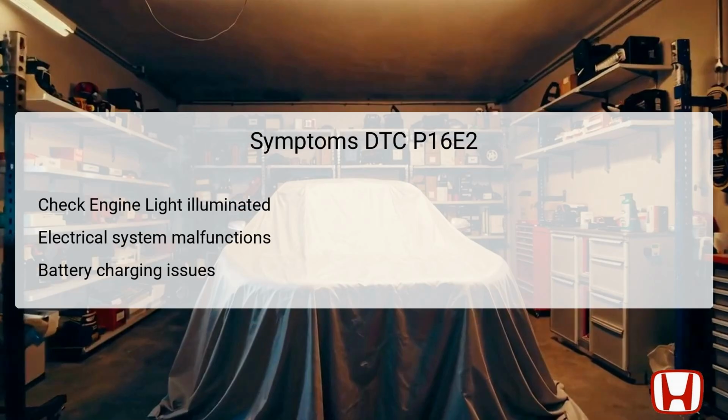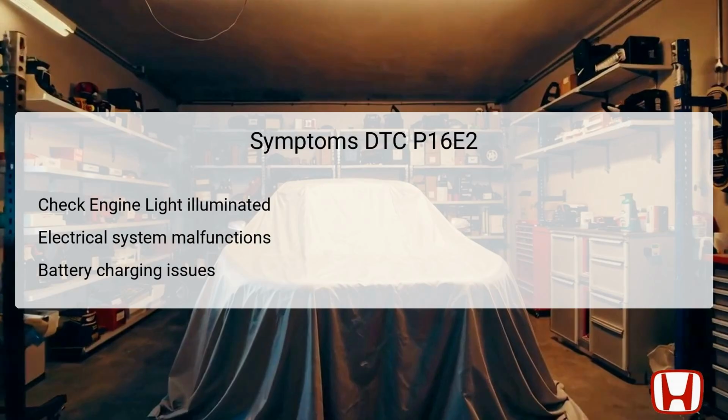When dealing with DTC P16E2, certain symptoms can be observed. A common sign is the illumination of the check engine light on the dashboard, alerting the driver that there is a malfunction in the powertrain system. Other symptoms may include noticeable electrical system malfunctions, such as dimming lights or failure of electronic components. Drivers may also experience issues related to battery charging, where the battery does not receive adequate power from the alternator. This interplay of symptoms highlights the importance of addressing the DTC swiftly to avoid further complications or damage to the